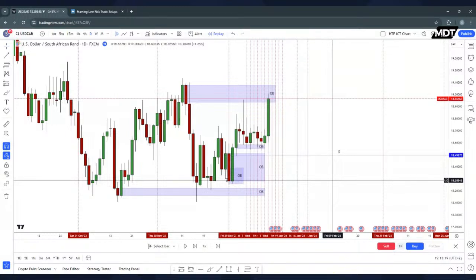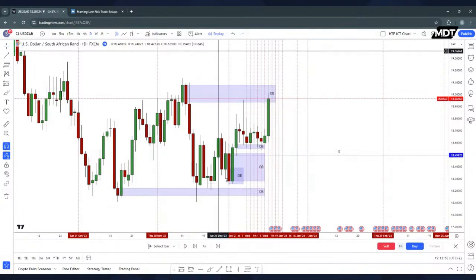But I only say I should have taken it because at no point did Michael or ICT ever say, if price is doing this or in this region, then you don't take trades. I think it's just building off of where the highest probability areas to take trades are, and at the moment I'm only focusing on those areas and not other areas where there's still opportunity. It's considered a lower probability area because of how the market generally behaves when we're there. But I'll probably go through that in more detail in my weekly review.